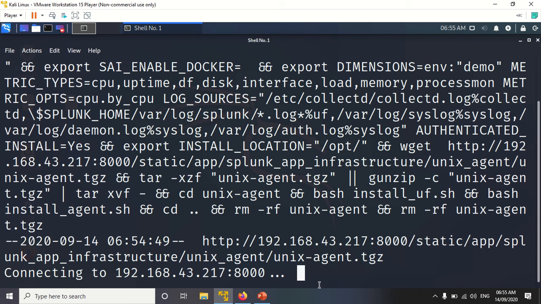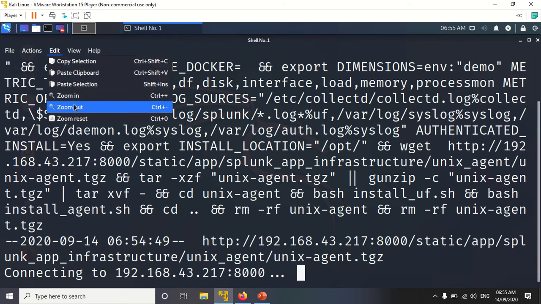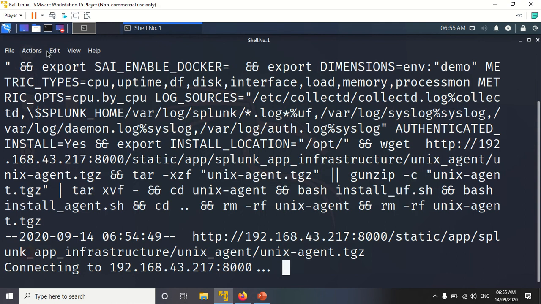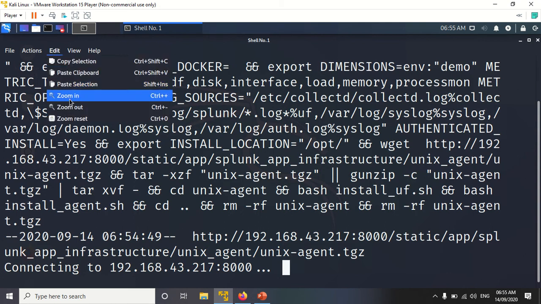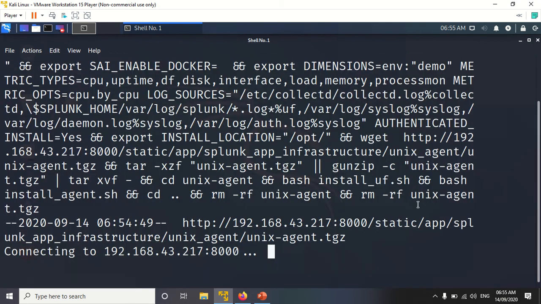I need to change the network adapter to NAT, then only it will work. Okay, so you can observe that this script can't be running here right now.